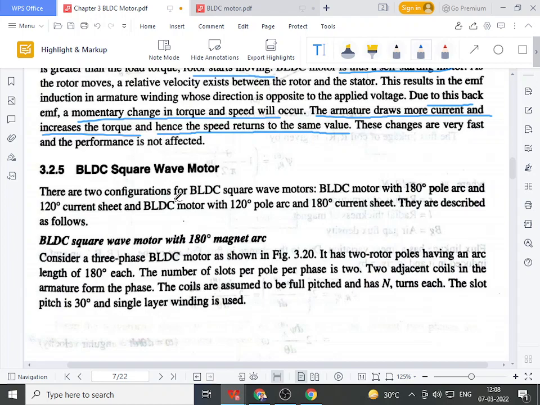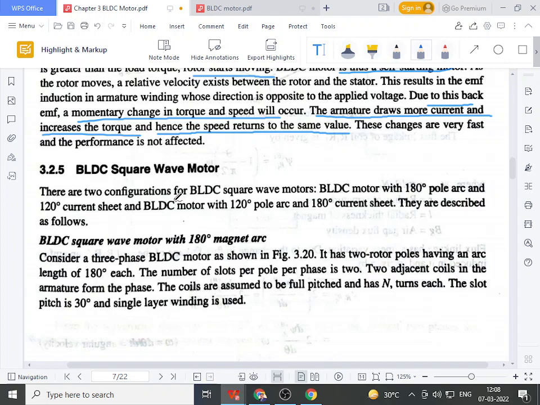If we recall the basic torque equation of a DC machine, there is a direct proportion between torque and IA. Torque is proportional to phi into IA, where phi is the flux and IA is the armature current. So if IA increases, torque will also increase. So if we increase the load torque, definitely the torque developed by that motor must increase, and to increase this motor torque, the motor will draw a larger value of current from the supply.